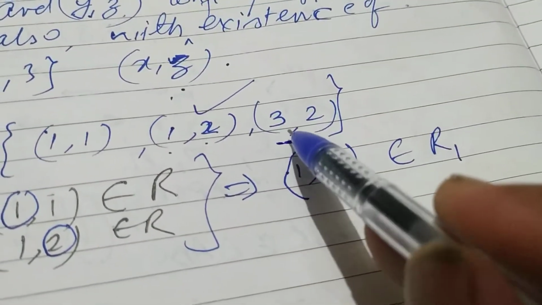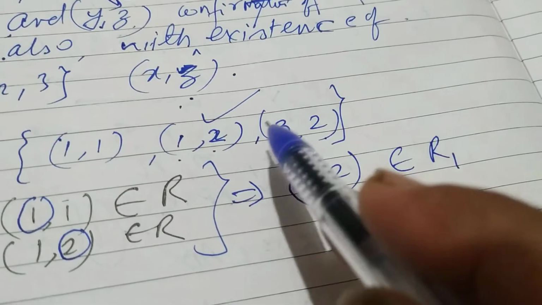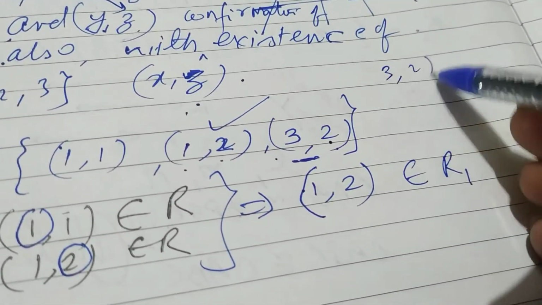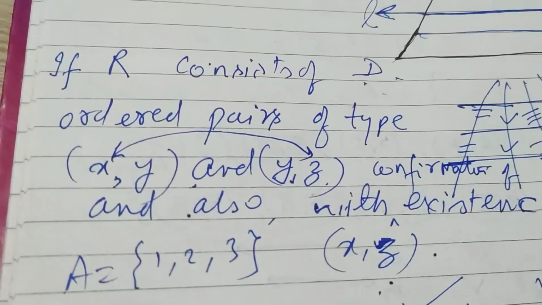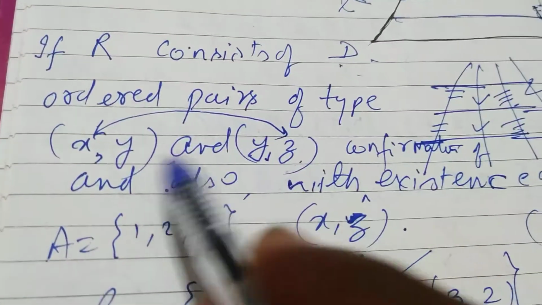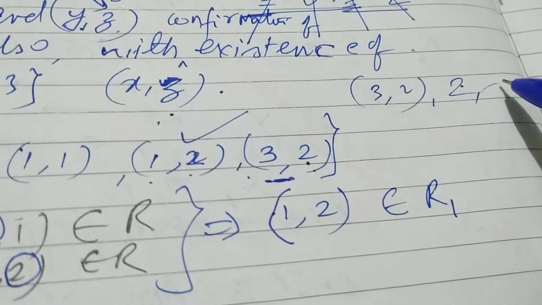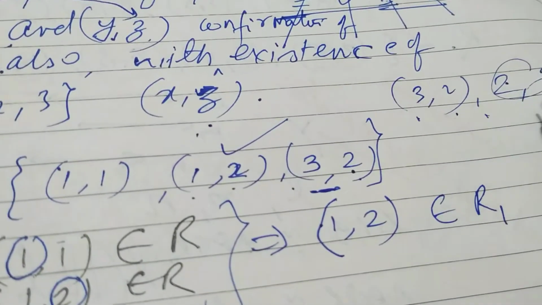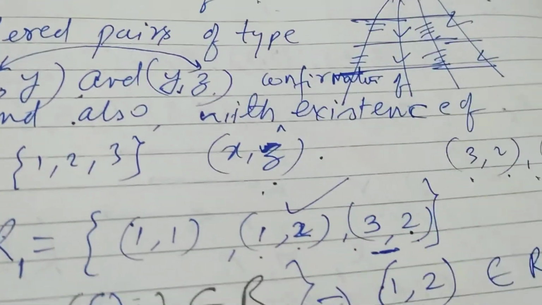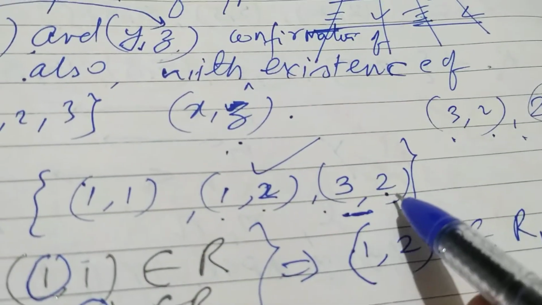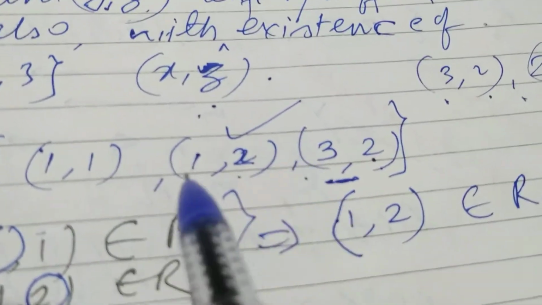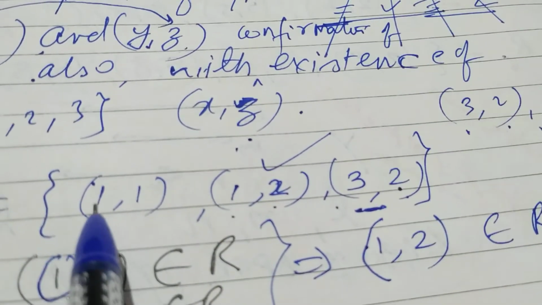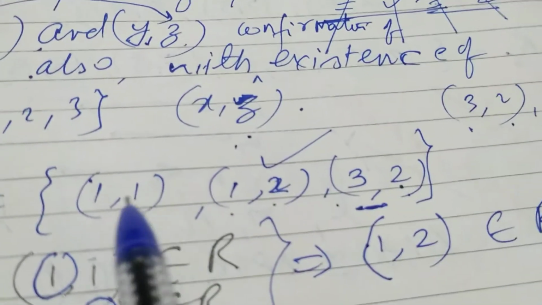So (3, 2). (3, 2) is present, and for the minimum condition to be satisfied, I need one more element starting with 2. There is no such element. So (X, Y) and (Y, Z) type of elements are not there, so we need not worry about it. Now I have to check whether, no, there is no such other type of element.